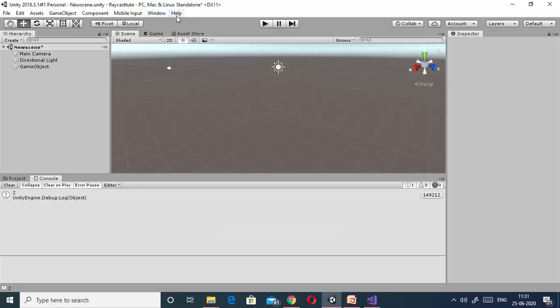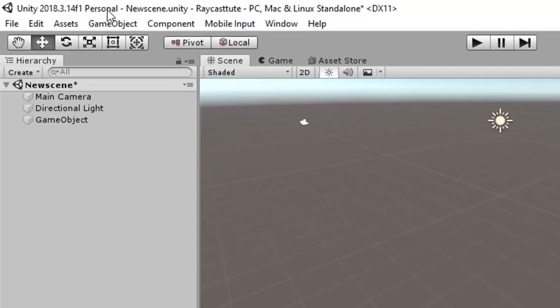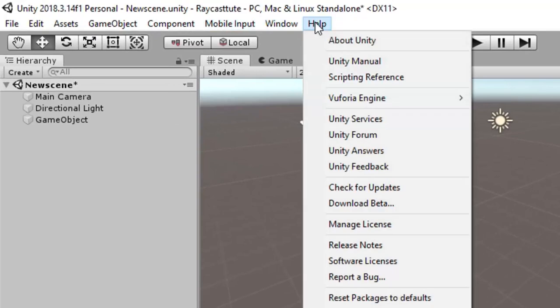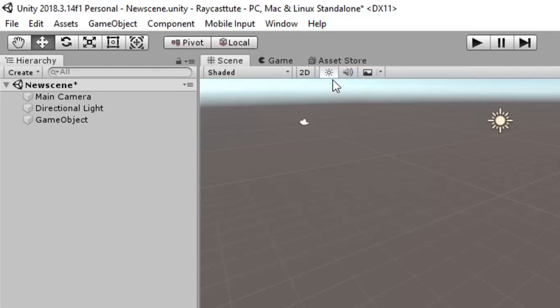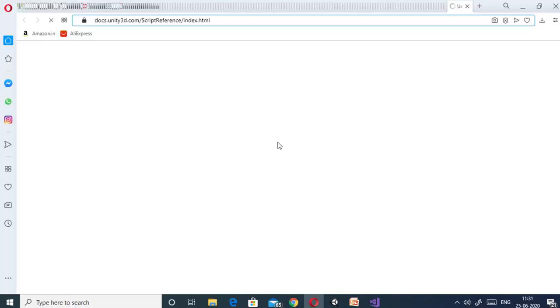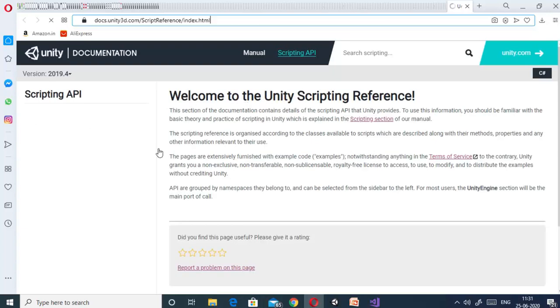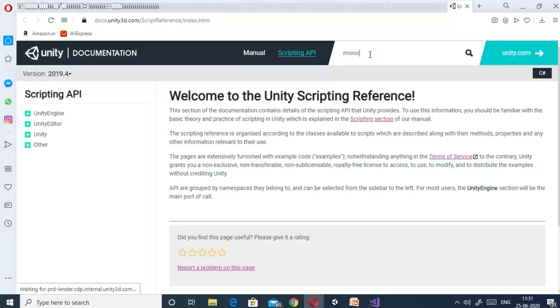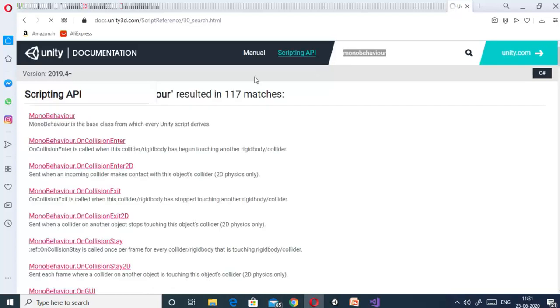Okay, for getting more details about scripting, we can take the help which is available in Unity. If you go to Help and come to the Scripting Reference, the scripting reference is opened, and you can type here, for example, MonoBehaviour.